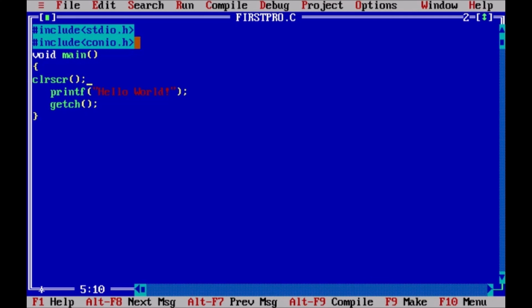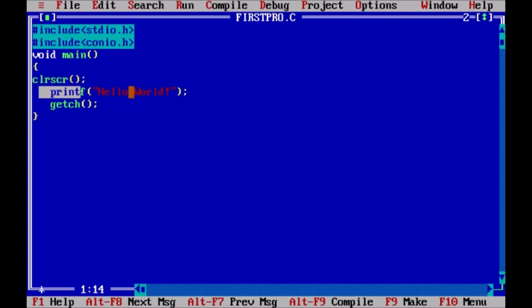That means it contains the functions which are used for controlling the console or the screen. Therefore, the functions clrscr and getch are present in this header file, and the function printf, which is used to display something on the screen, is present in stdio.h. Therefore, it is important for us to include these two header files before using these functions.